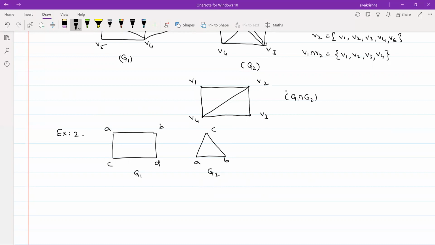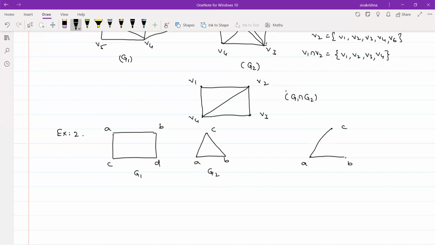Okay, the vertices which are common in both the graphs are A, B, and C. It means we have to represent the vertices A, B, and C in the intersection. I have represented A, B, and C. Now, the edges which are common in both the graphs should be represented in the intersection. Between A and B we are having an edge in both the graphs, so we can draw an edge from A to B. From A to C also we are having an edge in both the graphs, so we can draw an edge from A to C in the intersection.